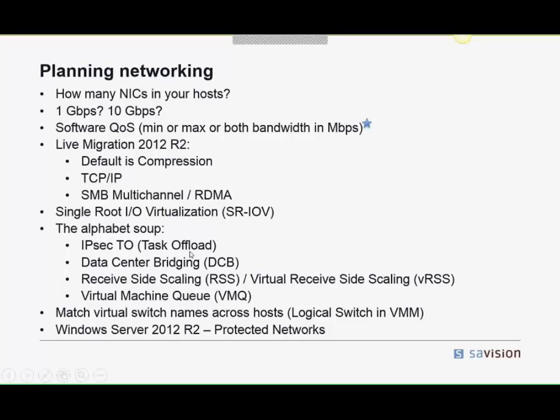Your virtual switches that you create on each host have to match across all the hosts if you're going to live migrate, which you can obviously do manually on a smaller cluster, but if you have a bigger cluster, you want to perhaps use the logical switch in Virtual Machine Manager, which gives that functionality for free. And finally, Server 2012 R2 comes with a protected networks option, which means that if a virtual machine loses connectivity to a network, so clients can't get to it, it will automatically be live migrated to another host, as long as that destination host has access to